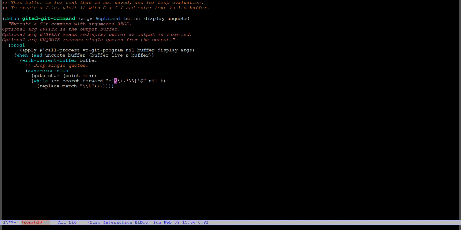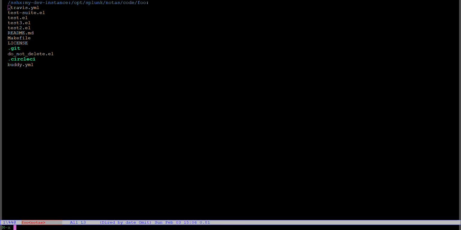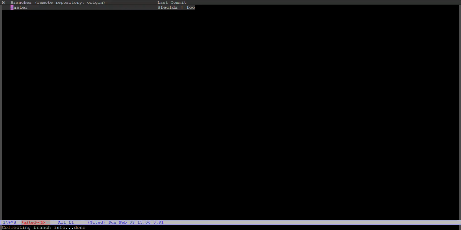Let's see if we are right or not. So process-file will be able to call this, that this is just Git, right? In the remote machine. So let's try it. Now I have uploaded this patched function, and we go again to the remote repository, and we try this again, and now it's working.